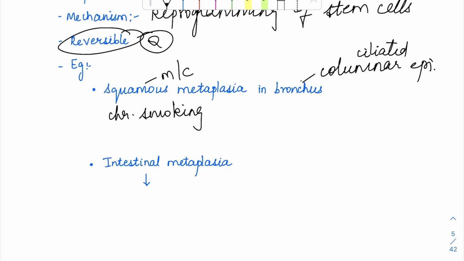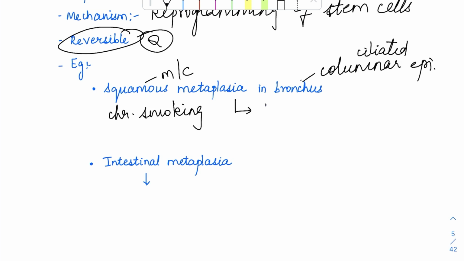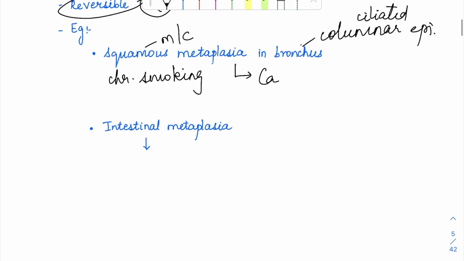And this squamous metaplasia can in turn convert into carcinoma. So, with time, if they are continuously smoking, this metaplasia can develop into dysplasia, which can proceed on to become a carcinoma. So, this metaplastic change is also precancerous. Another example of